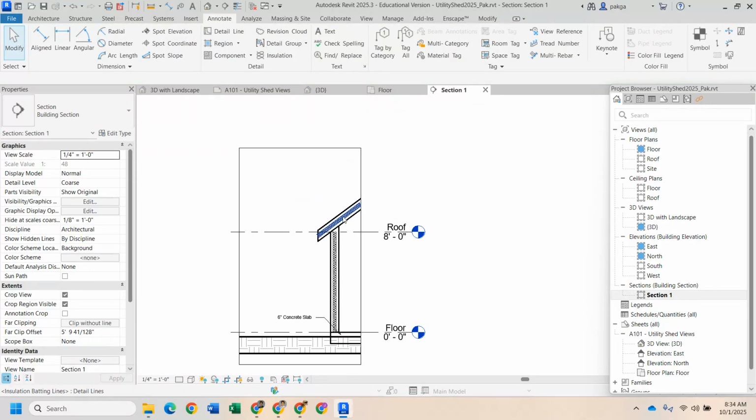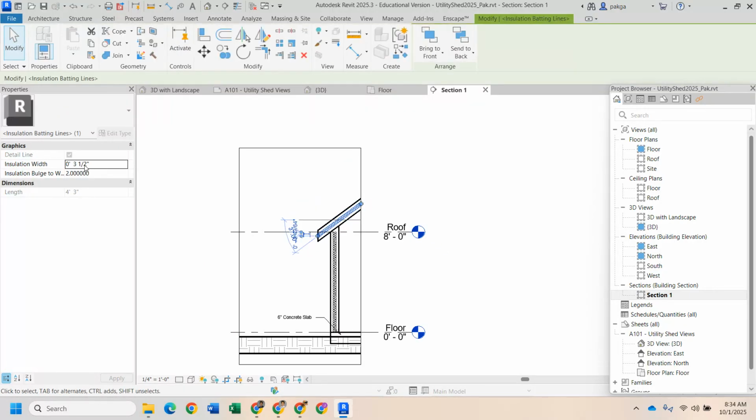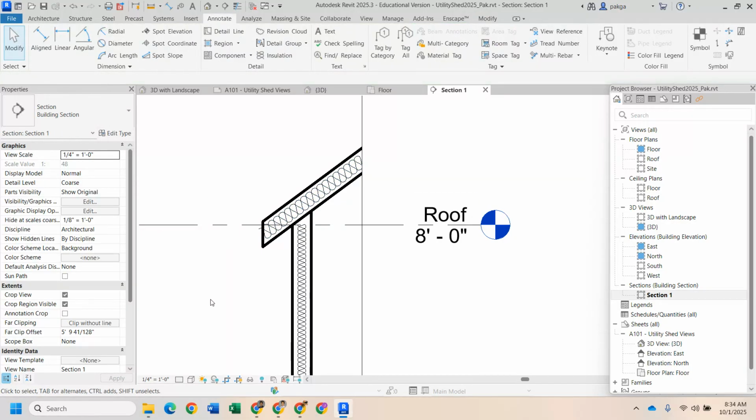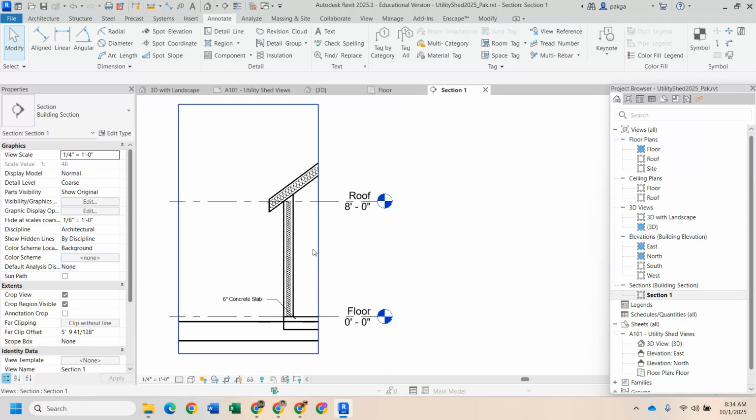All right, if you want to change the size, same thing. Come over here. You can change the insulation width. So maybe along the roof, maybe it's a little bit thicker. So I might be able to do that 4.5, maybe even 5. Let's see how 5 looks. Yeah, 5 looks pretty good. All right, so again, you can make changes, but like I said, make sure you add all of the components